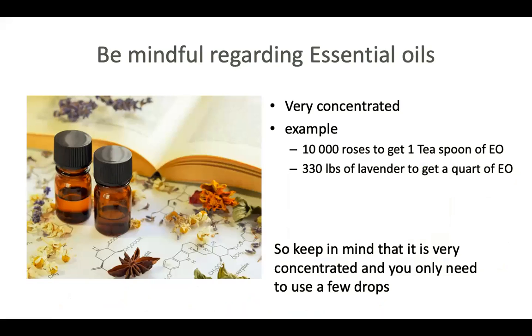And you have to be mindful that essential oil is very concentrated. So for example, we need 10,000 roses to get 1 teaspoon of essential oil of rose. So it's a lot, and it's the most expensive essential oil. And for lavender, you need 330 pounds, sorry, it will be about 150 kilos for 1 liter of essential oil. So that's a lot. So keep in mind that it's very concentrated and you only need a few drops when